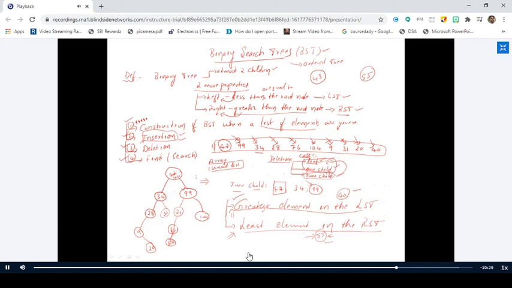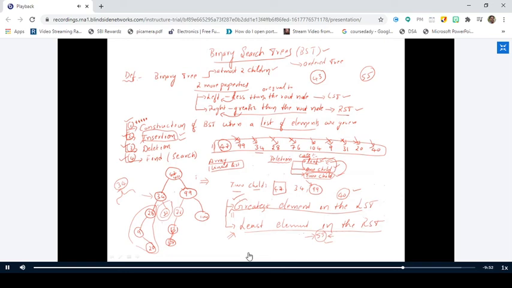Yes, sir. Now you tell me what best elements are suitable for deleting 34. I want the two elements. I want to delete this node 34. So you have to replace this 34 with one element from the left subtree or one element from the right subtree. Now you tell me. It is replaced with 9, sir. Replace 34 with 9.